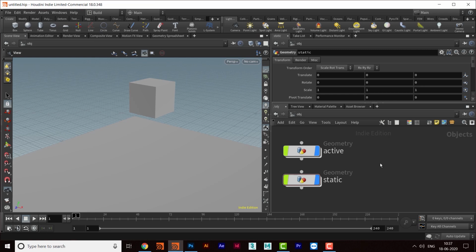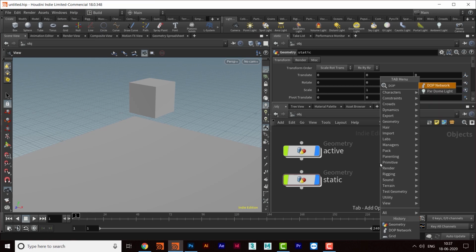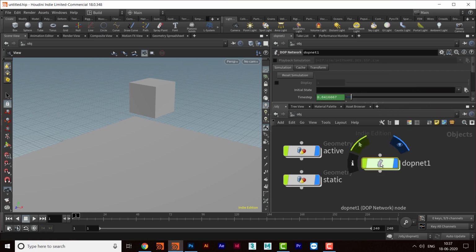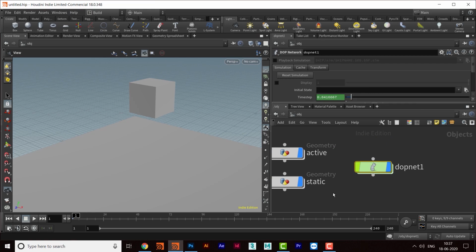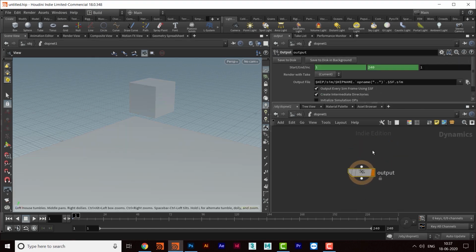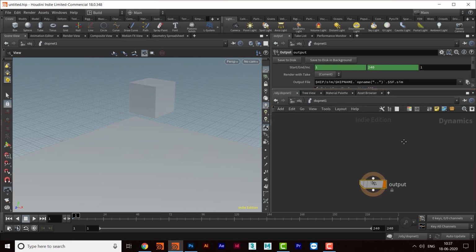So I'll take a DOP network and get inside it, and so now we are in dynamics. Whatever simulations are going on, whether they are related to active rigid body or static rigid body, all the calculations will be done within this context.